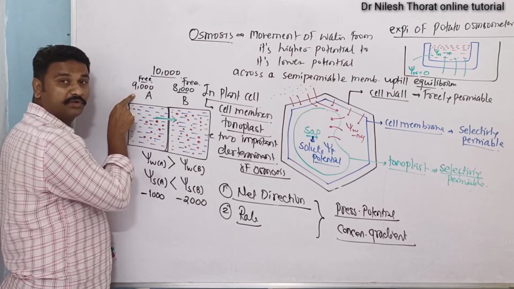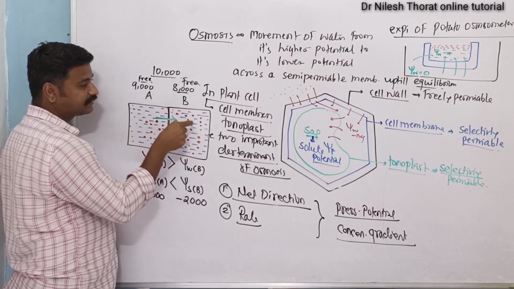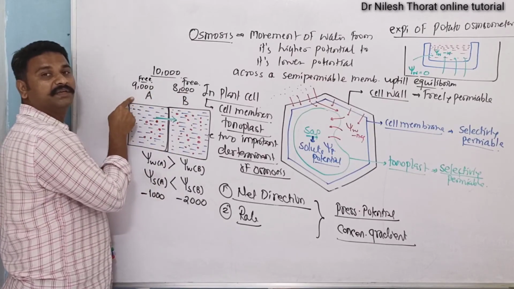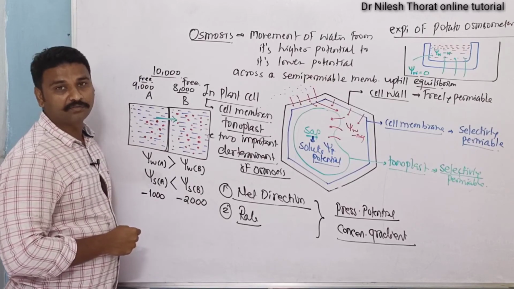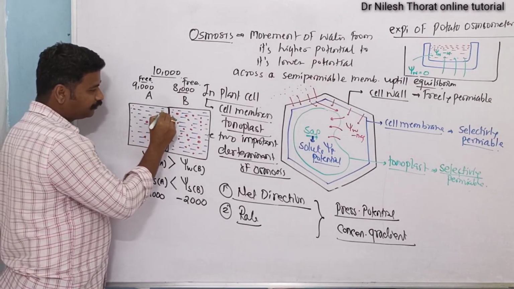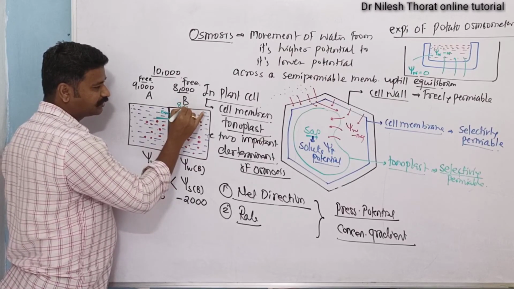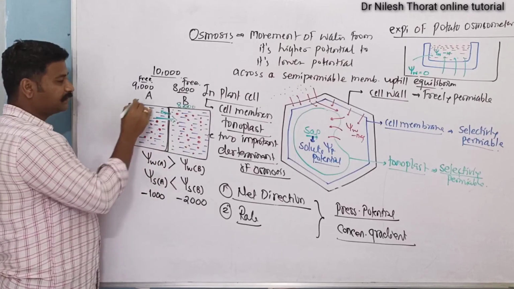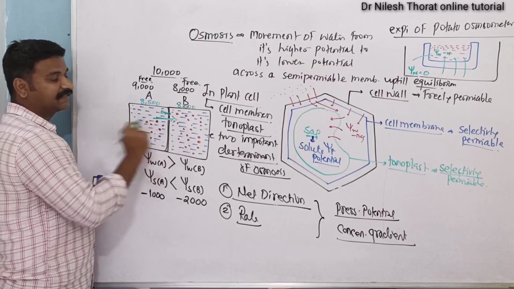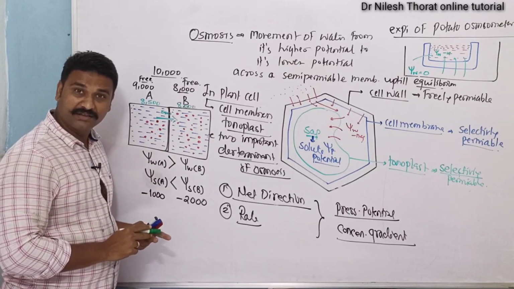Suppose 500 molecules of system A get transferred to system B. Then in system B we have 8500 molecules, and in system A also we have 8500 molecules. So after transfer of 500 molecules, system B has 8500 molecules and system A also has 8500 molecules. At that time we can say the equilibrium is achieved. Are you clear for this thing?